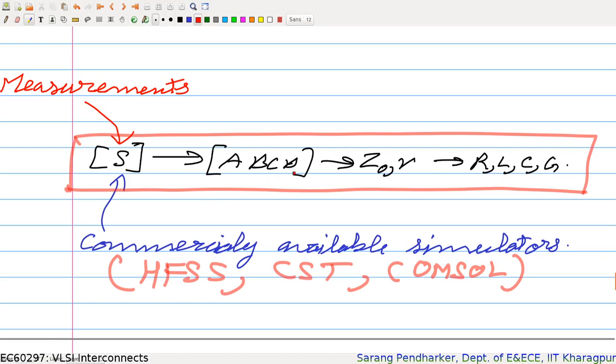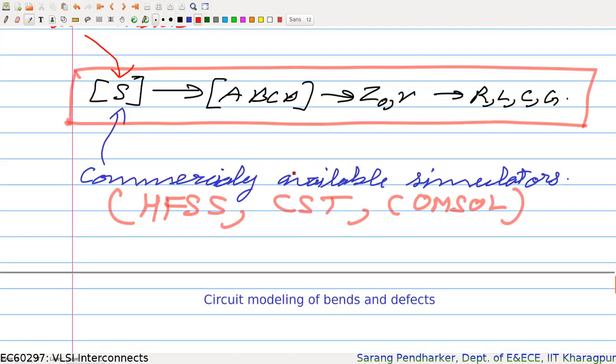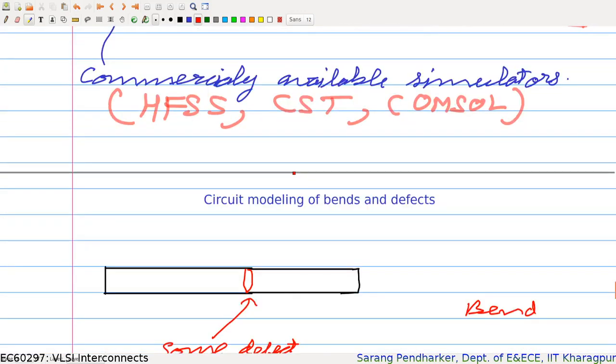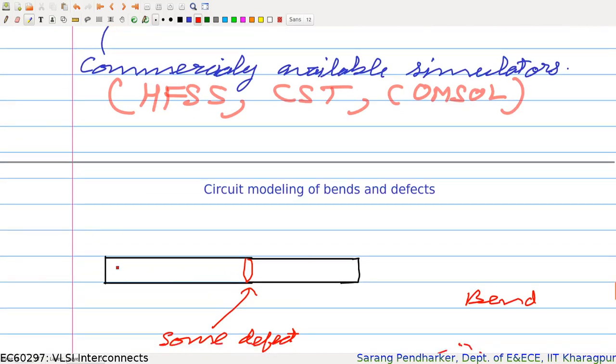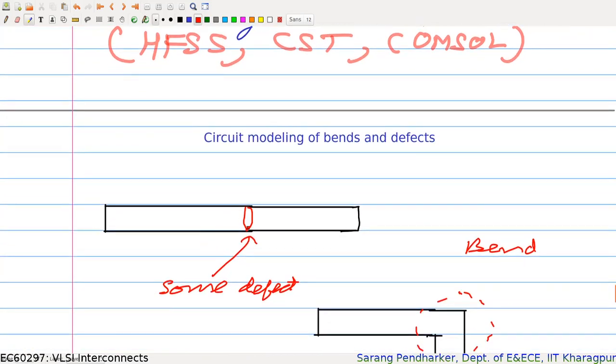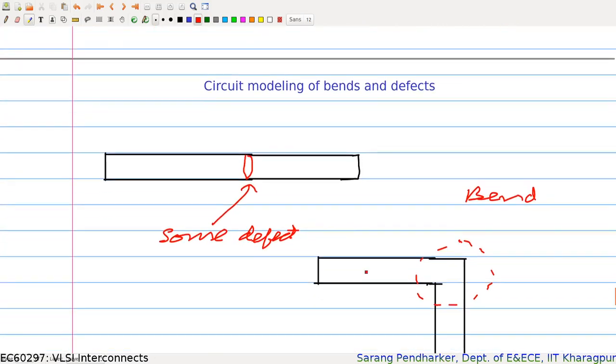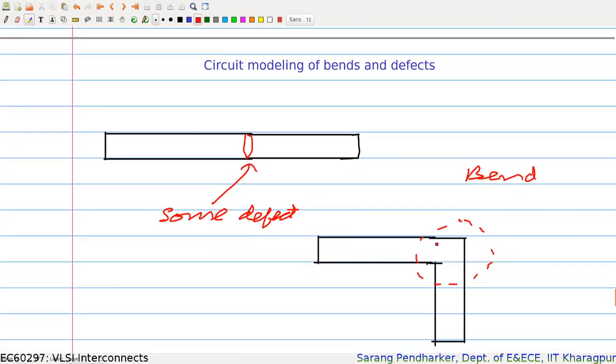Now in many cases, as I had shown earlier in the first slide, there can be bend defects on your interconnects. So it's not always a straight line. There might be some void formation or some hillock or whisker formation. In those cases, there would be something like this. So you have an interconnect, and then there is a bend or a defect like this, or in many cases you will have to bend the interconnect. So this is your signal coming from this direction. I'm showing the top view.